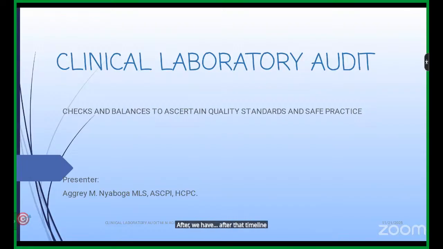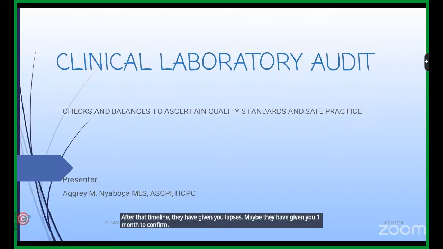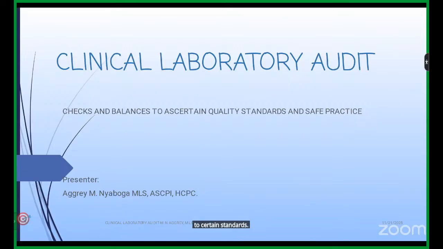They have given you lapses. Maybe they have given you 1 month to conform to certain standards. Of course, they will follow after that 1 month and come and re-audit. So if there are items that are not resolvable, maybe items associated with gross